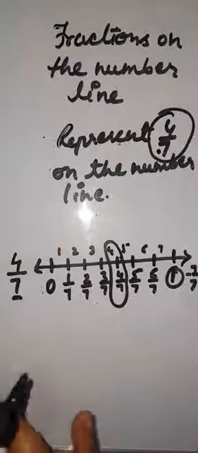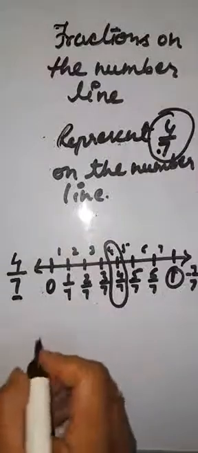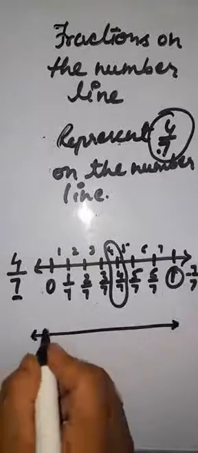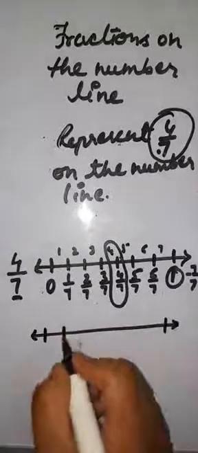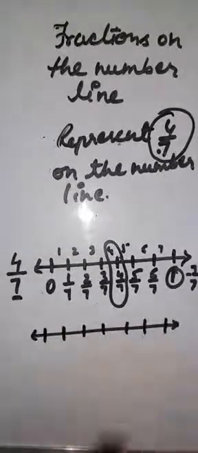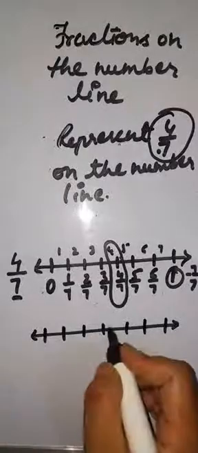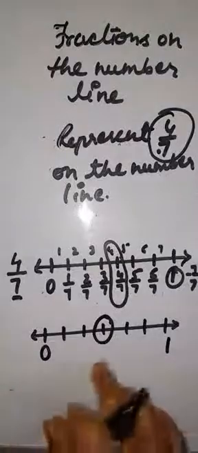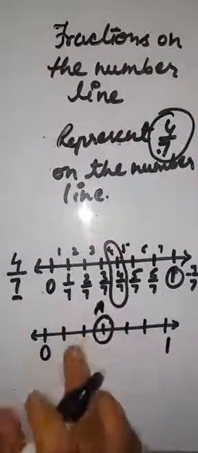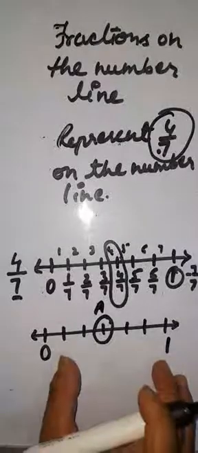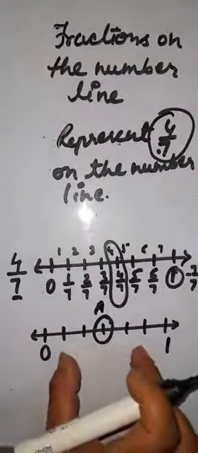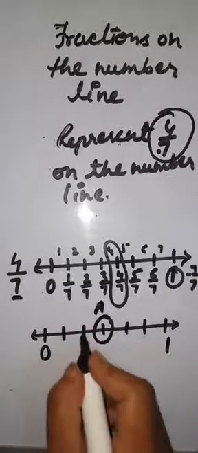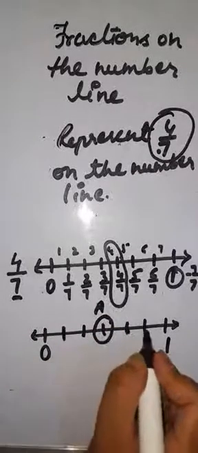Sometimes a question is asked of this type, where we have a number line here, and just 1, 2, 3, 4, 5 and 6, right? Now I am marking this point. This is 0, this is 1. So you have to write the fraction for this marked point. Now you will count all the segments, right? So just count from here: 1, 2, 3, 4, 5 and 6.